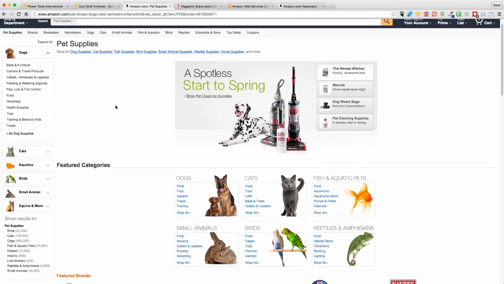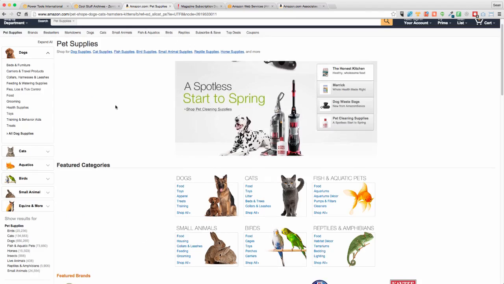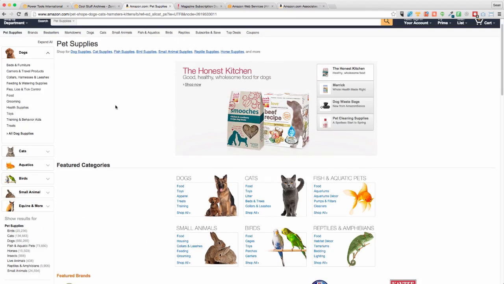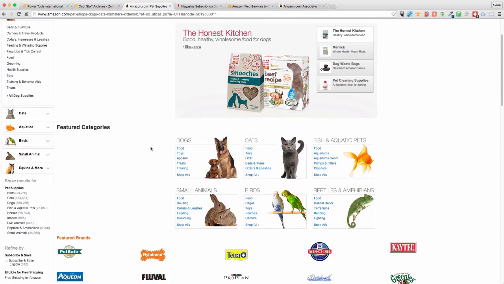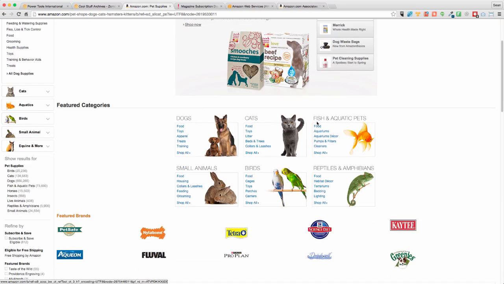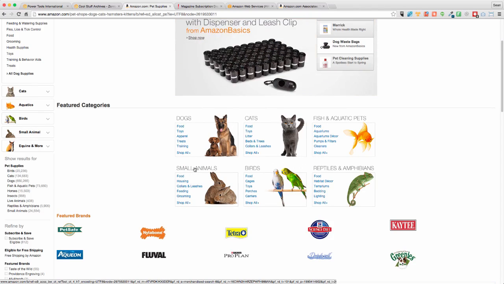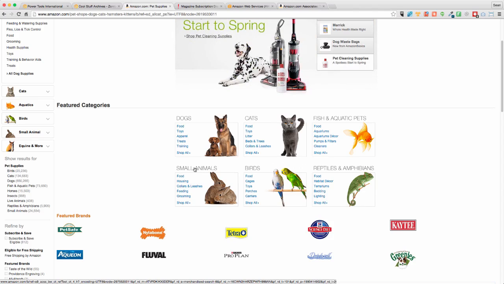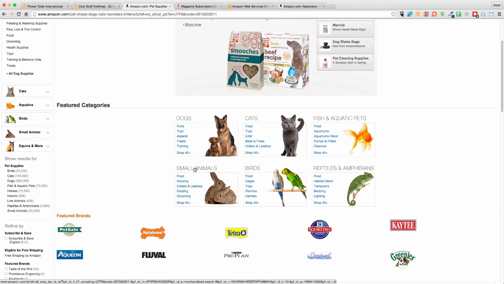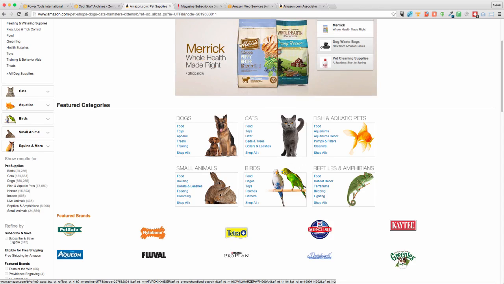This is where you start getting an idea, because a lot of people struggle with this part: okay, what am I going to do to structure? And for me, this is great, because I look at this and I see dogs, cats, fish. If I wanted to go really, really big, obviously the bigger your store, the more time it's going to take. And honestly, your first store is going to take you a while to put together until you get used to the entire process. If I just wanted to create the dog store or something very specific, then I could restrict myself just to dog products. It'll take me a while to go through all that, but that's fine.